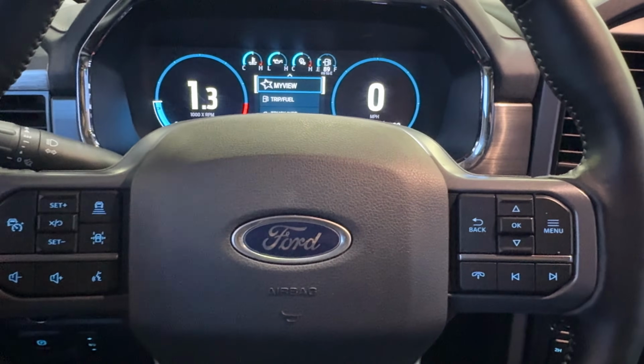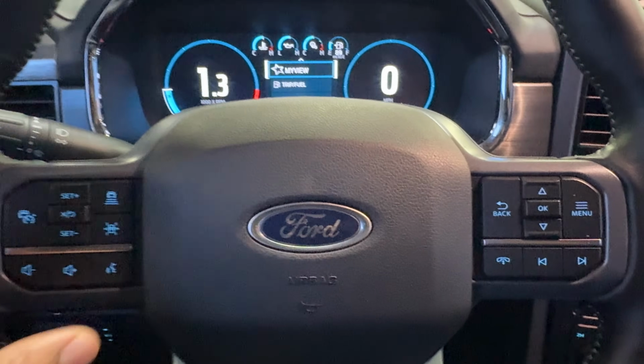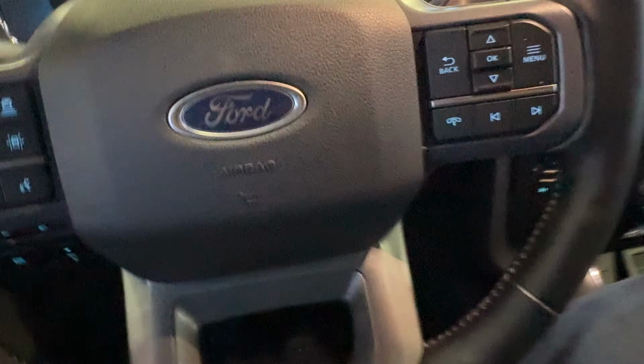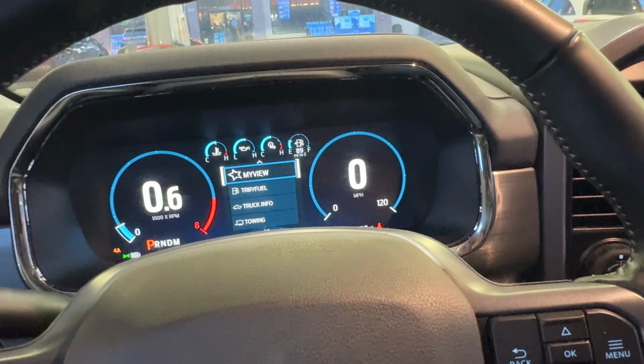As you can see, I'm in my Ford F-150 and I need to turn on the parking brake. I have my vehicle in park. All right, it's in park, and what I'm going to do is come down here by where the feet are,